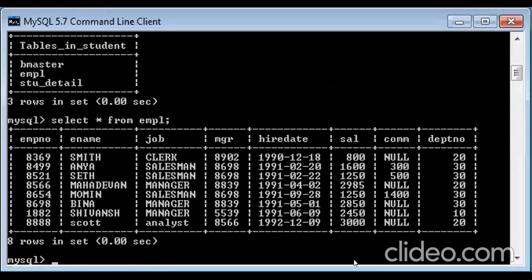Now I wanted to look at the department number. This column is randomly arranged, but I want to sort it. So what should be the query written by me in that case? Akansha, what should I write? I want to sort department number. How shall I do it? Yes, ma'am. How shall I sort my department number? I want it in ascending order.